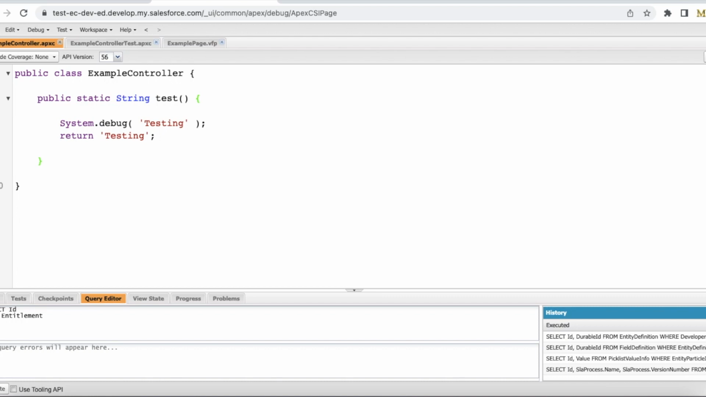First, for this video, I have created a couple of components with the dependencies, and then I will be using the tooling API query to find the dependencies among these components. So first I have created an Apex class called example controller,